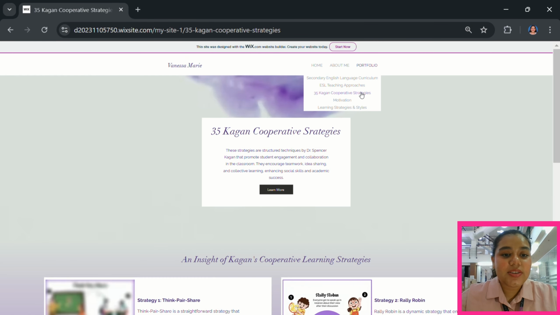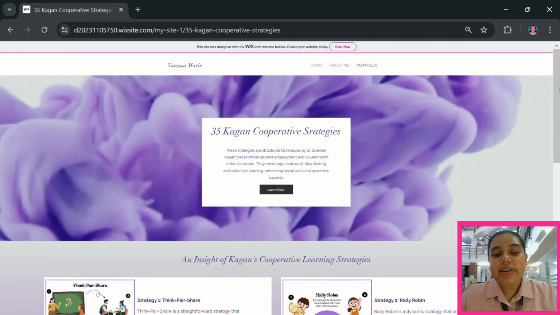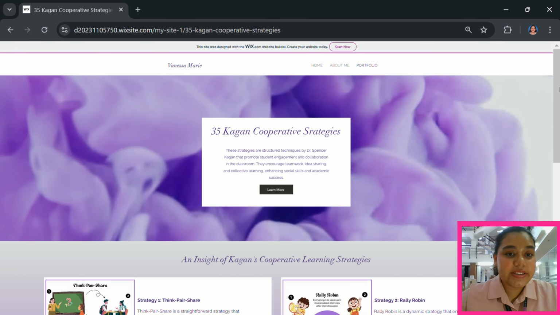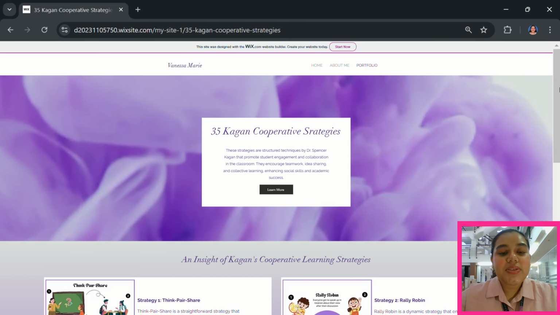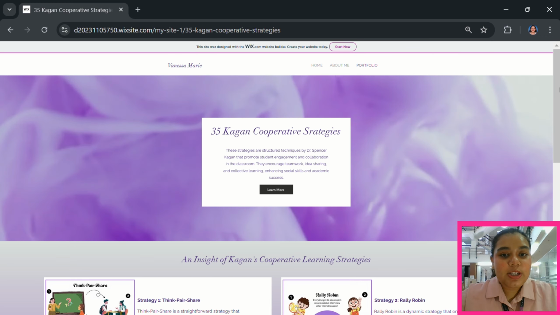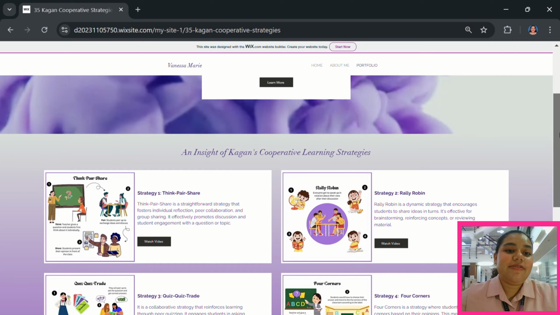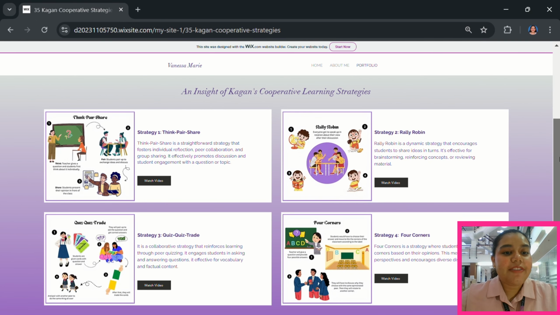Now I will look into the 35 Kagan cooperative learning strategies. As the name suggests, it is a set of structured techniques developed by Dr. Spencer Kagan to foster active participation, collaboration, and interaction among students in a classroom. Among all of the 35 cooperative strategies, I've picked out a few, and the four I've picked out are